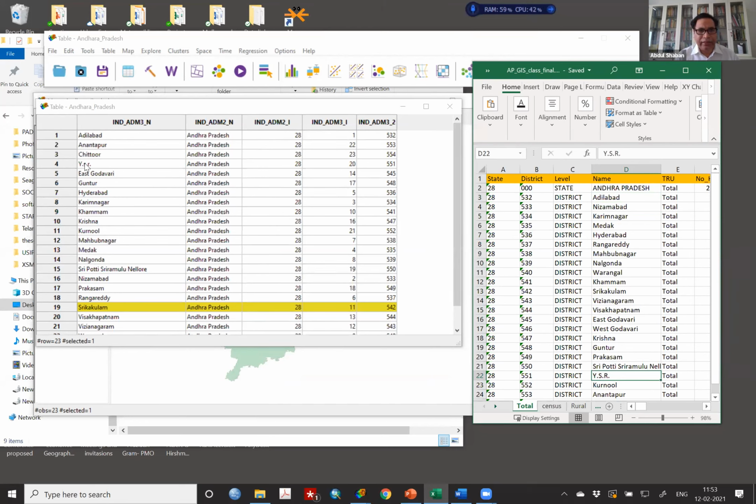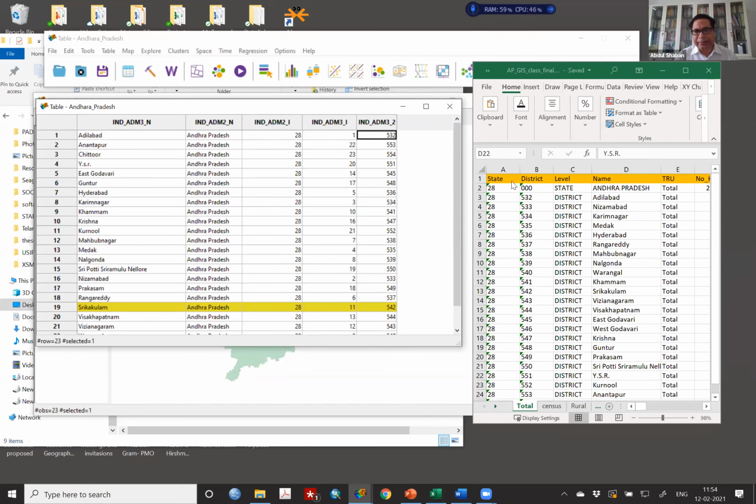And you see here how it is written, Y.S.r. They will never match. So you have to take care that this kind of problem does not come. And that is why we always create IDs as much as possible, IDs of the districts or polygons. These are polygon IDs. Polygons are districts. Basically, they are polygons, and these are the IDs.